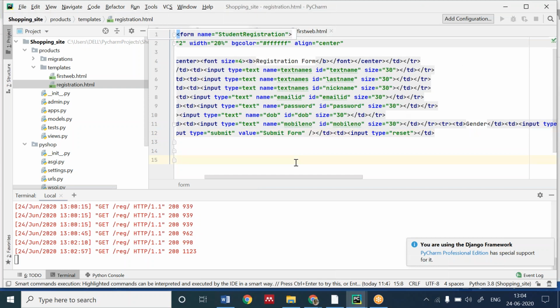Any doubts till now? If this is over, then I will show you how to use images and CSS files. If you are done with this, then I am going to move further with the CSS and the image file. I will wait for each and every student. I want a yes ma'am from everybody if I have to move forward.